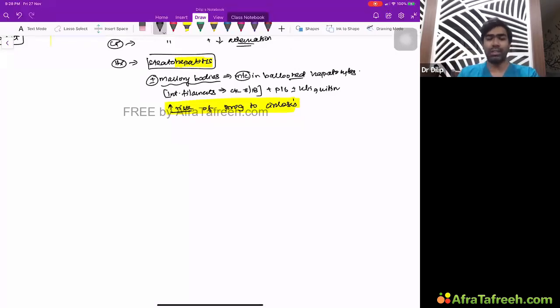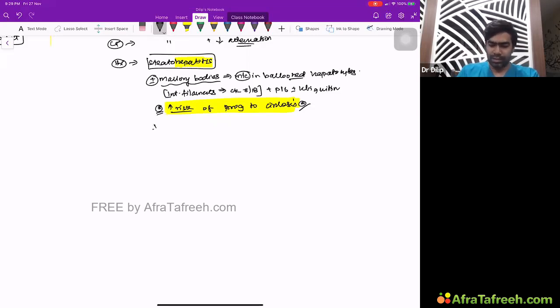At the same time, absence of Mallory bodies does not rule out alcoholic hepatitis. Only one point is very, very important for exam: it has an increased risk of progression to cirrhosis, which is a multiple times asked question. It is made of cytokeratin 8 and 18 plus p62 plus or minus ubiquitin. These are basically misfolded intermediate filaments. Plus or minus, there can be evidence of fibrosis also. Remember, like how in a viral hepatitis, we saw patients can get a flare. That is called acute on chronic viral hepatitis.